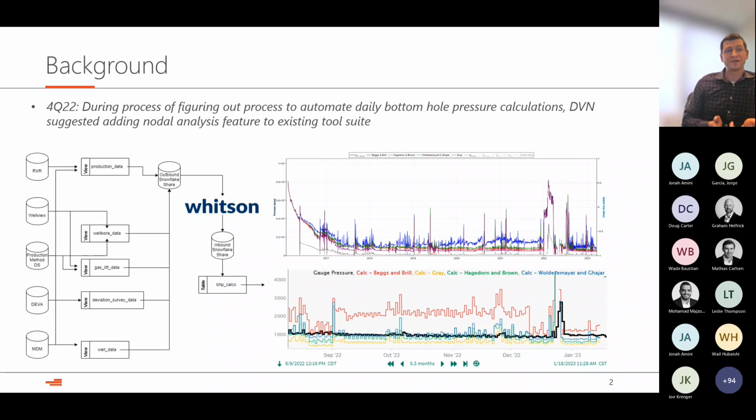So in general, nodal analysis is kind of a pain to perform. I think Graham hit on some of the pain points already. A lot of the software is old. We happen to use, it looks like it might just be written in Excel, VB code in Excel. So anyway, it hadn't really been updated in a long period of time. And there's a time component to it as well. So it's a manual entry process that has to be done anytime we're going to actually go out and execute